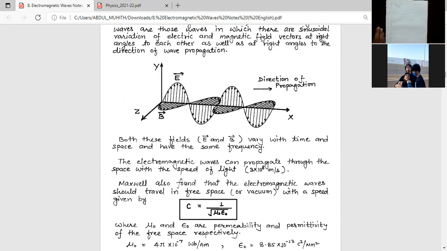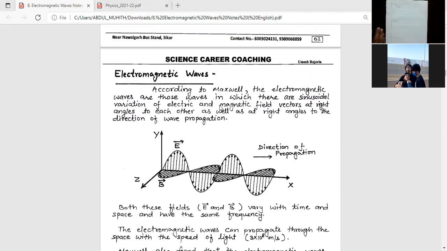Yes. Anyone is having any doubt until this? Okay, no problem. See here, he says that